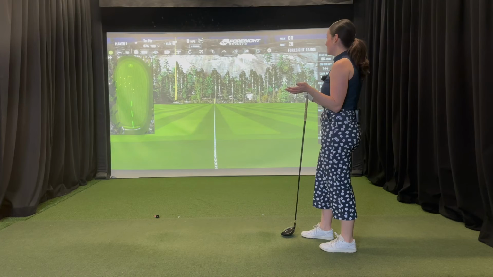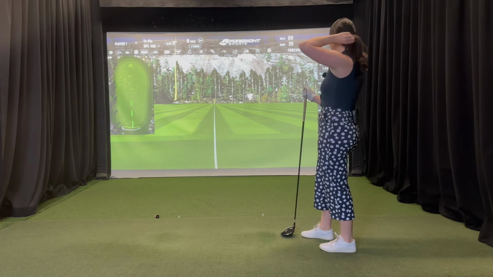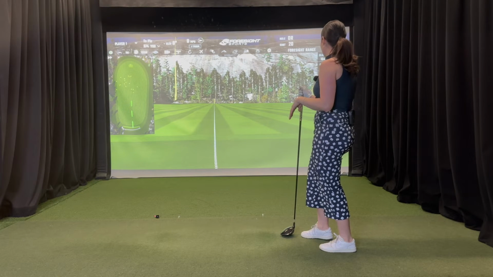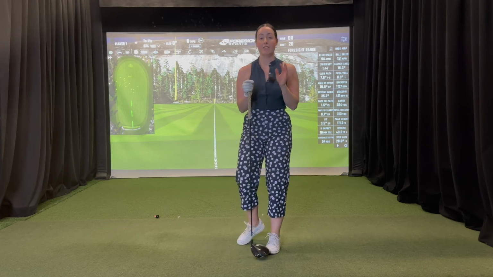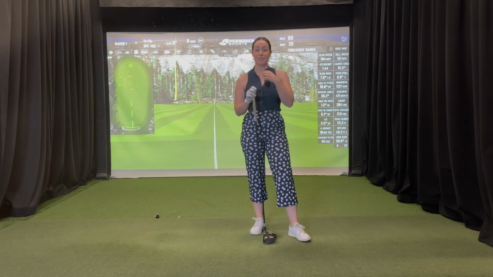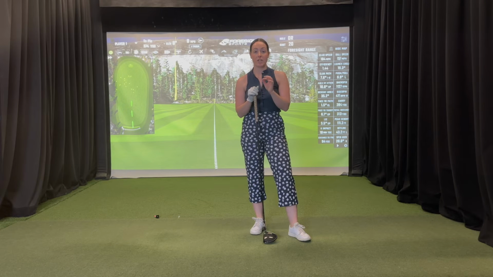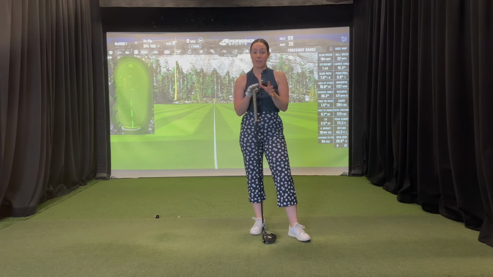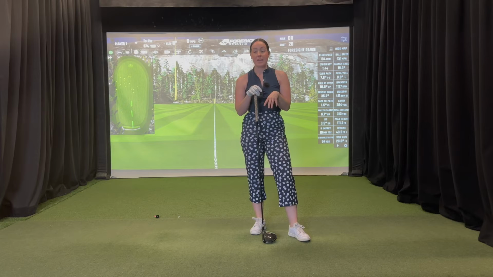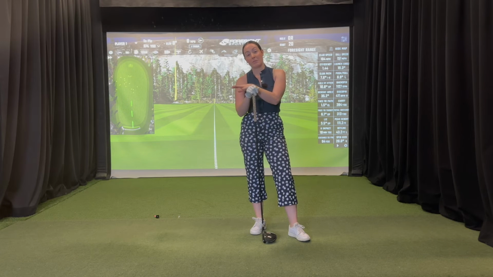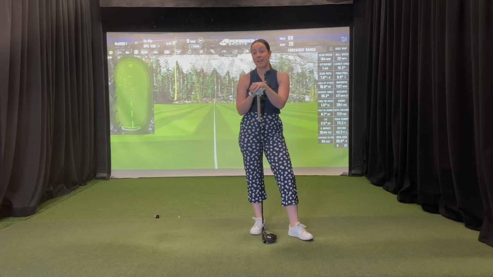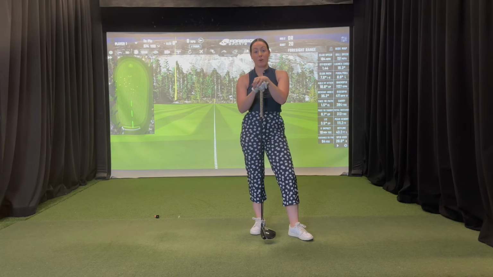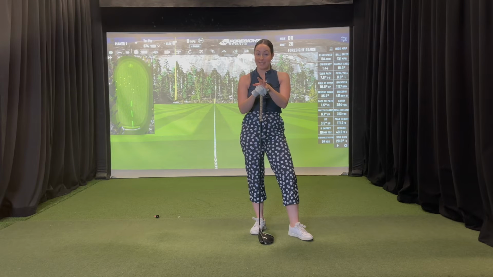AOA 10 degrees, carrying it 285, 313 total. So I could not be happier with that. You can see right here in this video how instantaneous of a change that is and how much benefit that creates in your swing. We've had firsthand experience with some of our clinics this past summer in helping people with these little changes, and they were blown away at how quickly and easily they were able to increase their distance